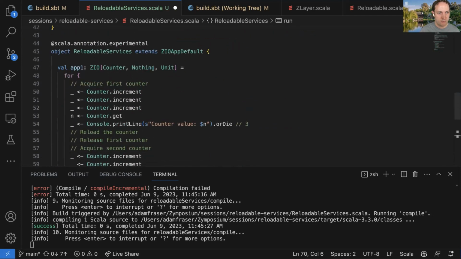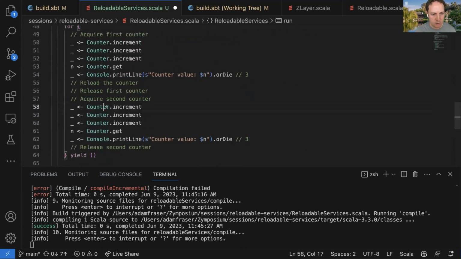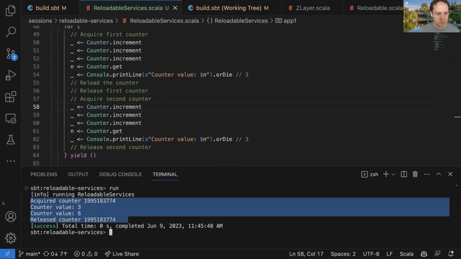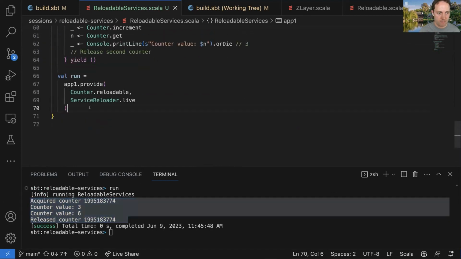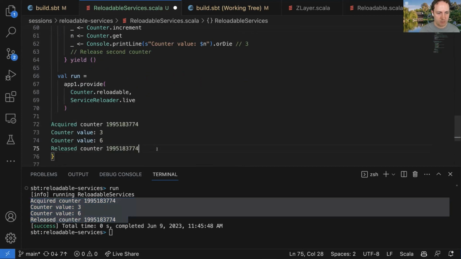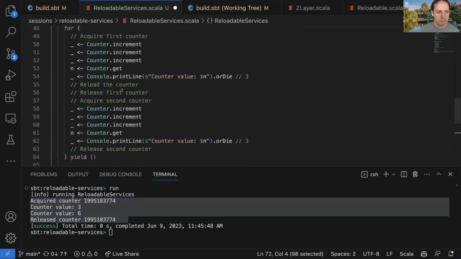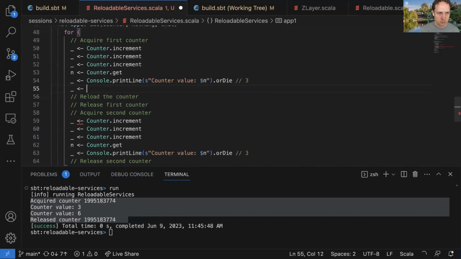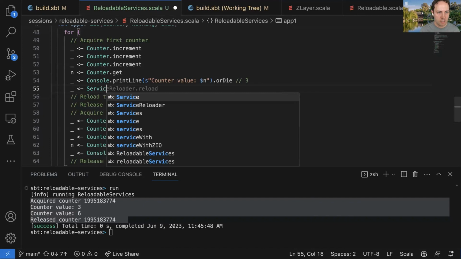Okay, I think we're good with everything else. So far, let's just try running this. Let's see what we get. So far, we still don't have our expected behavior, which makes sense because we haven't actually asked to reload the counter at any point. So let's see how we do that. All we need to do is call service